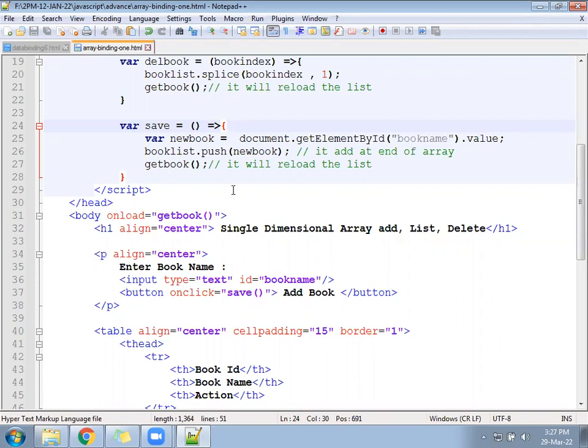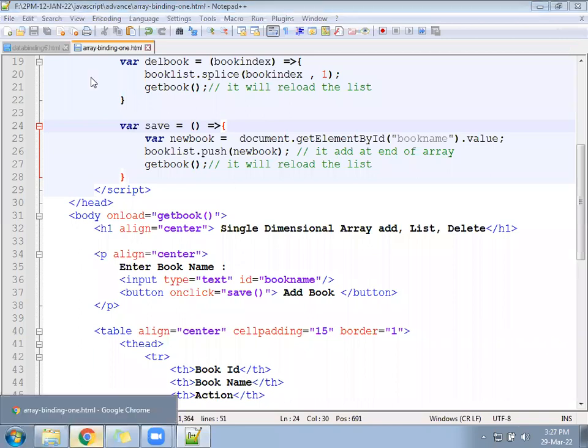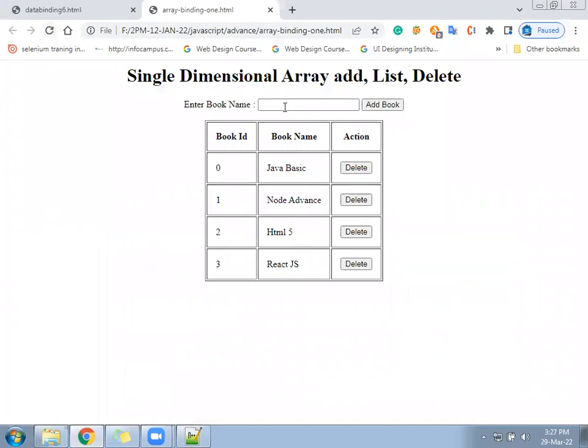Ready. Now enter a value in the text box and click on the save button. The value of the text box is coming under the list. Whichever value is entered, that value will come under the list. Something like this, let me show you. We'll enter here basic Python.